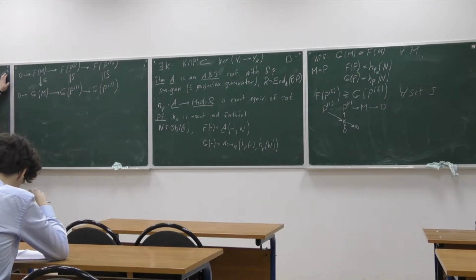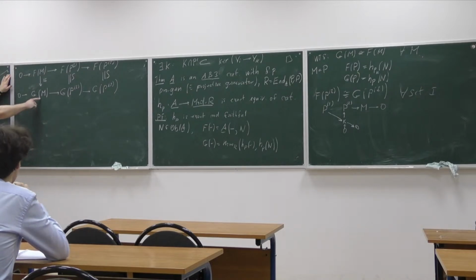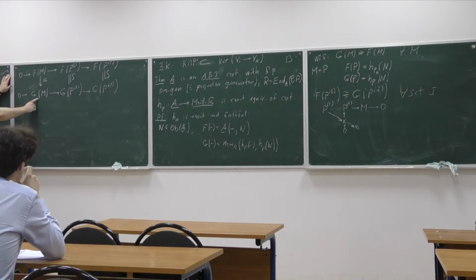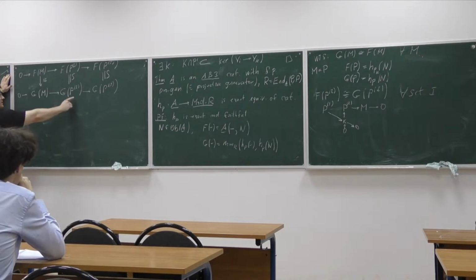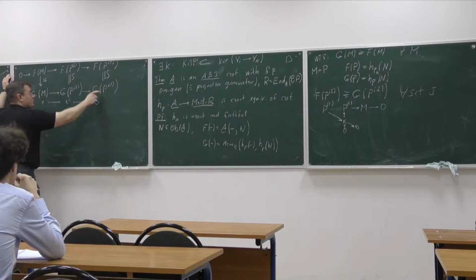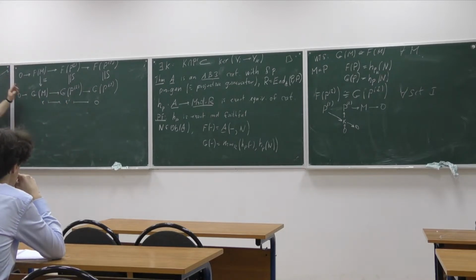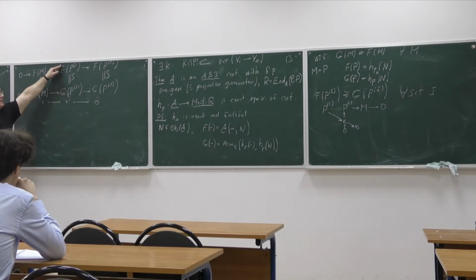So there is no kernel. Now let's show that this is a surjective map of abelian groups. Take an element here, right? So we can consider this as an element here, since this is just by the exactness. Well, and also notice that this x is mapped to some x prime, and this x prime maps to 0 by the exactness, right? So take this x prime, we can uniquely lift this here, and again, by the commutativity of the second square, this is mapped to 0. Hence, it actually comes from some element here. So this diagram chase shows that this is an isomorphism.